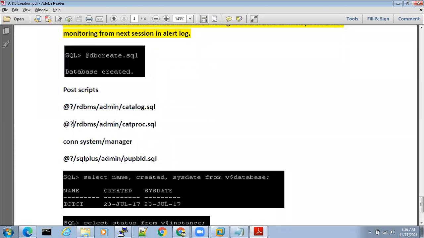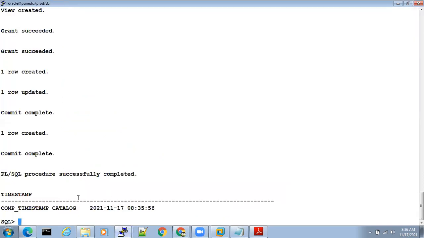You just give a question mark and it will pick the Oracle home path. The shortcut to Oracle home is the question mark. Instead of typing the entire path, you just give a question mark here, in SQL. I'll show you practically.